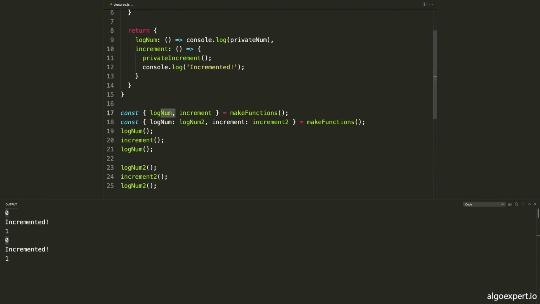So log num has access to a different num variable than log num2. The reason for this is that they were created in different calls to the make functions function, meaning that log num and log num2 have different parent environments. Each of these calls created its own num variable, which was then saved in each log num closure,